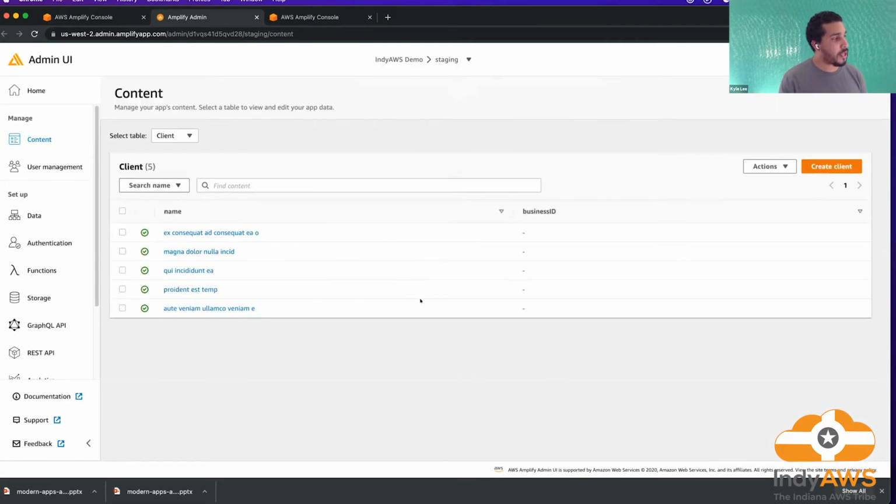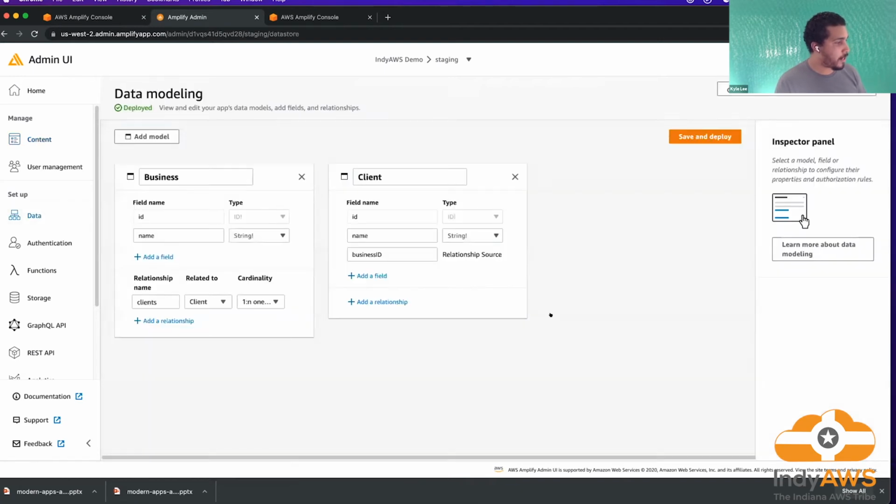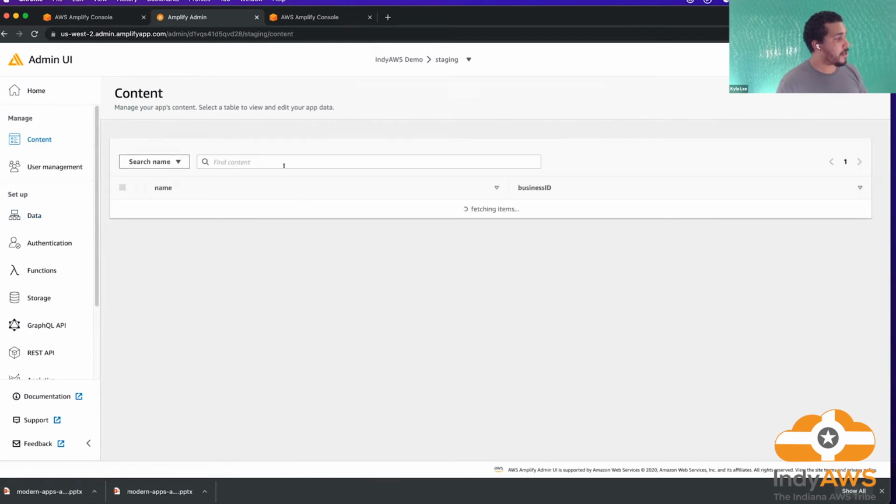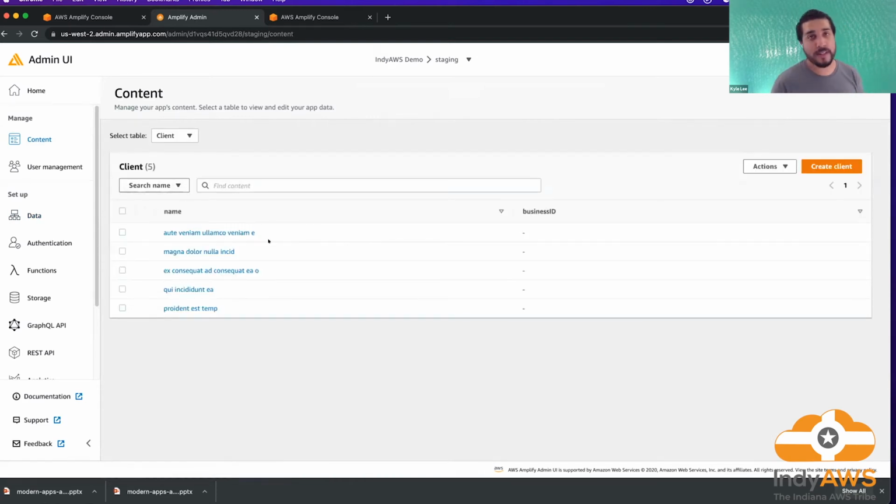Since our client model, which we take a look at here, is a relatively simple model and doesn't have any direct relationships the way that business does, we can seed some data. And if we take a look at the content, we would be able to pull this data into our app using the query method. We would simply get some lorem ipsum, but it will help us get up and running so that we don't have to build out the whole entire creation process in the app.